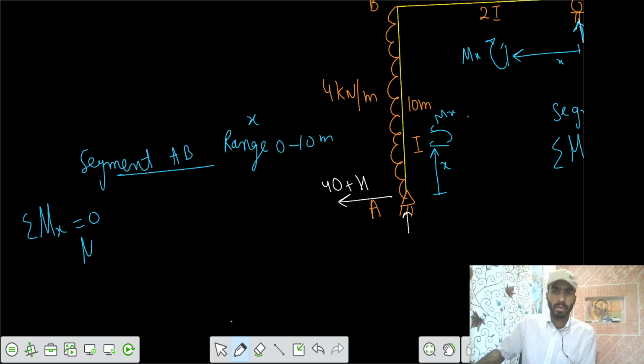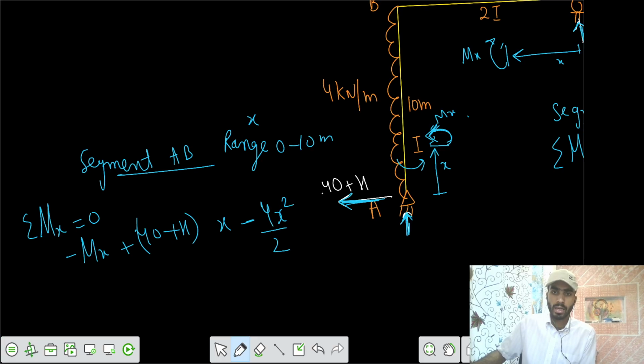So we can write moment mx is anti-clockwise, and since the horizontal reaction has an effect on the moment mx, we can write 40 plus H into X, and you have a UDL of 4X square by 2, but it is anti-clockwise about the X, and effect of this reaction A, it is along the axis, so its effect is not there, equals to 0. Then your moment mx becomes equals to